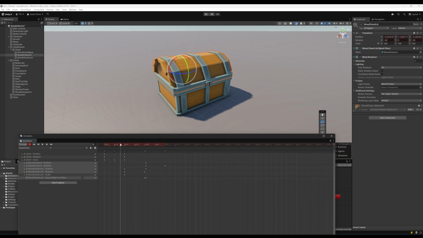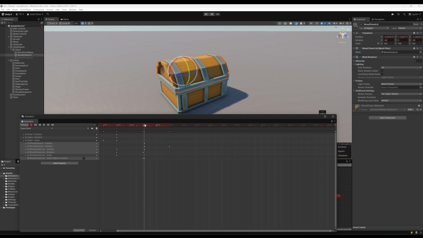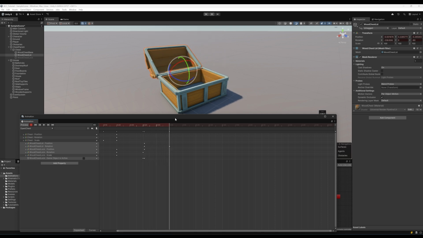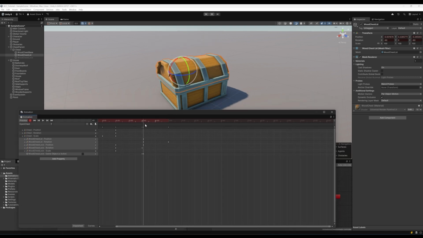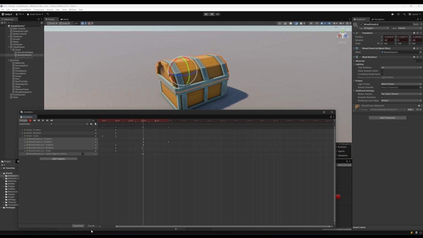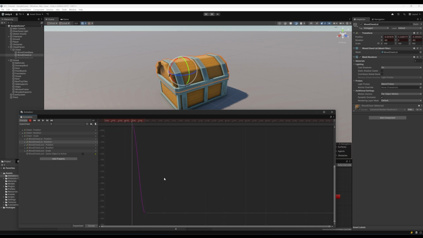And that looks alright, but I think it's useful sometimes to have a bit more control over how the animations look. So when this lid opens, it's very linear at this point because that's how Unity handles keyframes. It's got the rotation data here and the rotation data here, and it just linearly interpolates between these two. So if we wanted to change the way that looks, we can make use of the curve editor. With the curve editor selected, we can then select the lid of the chest. So let's look at the lid's rotation,